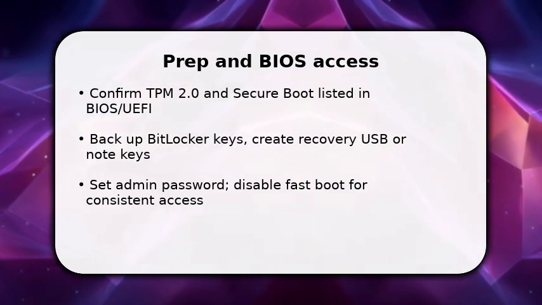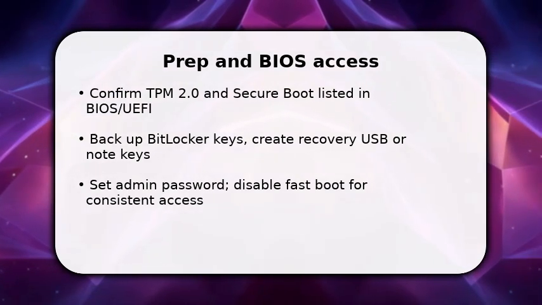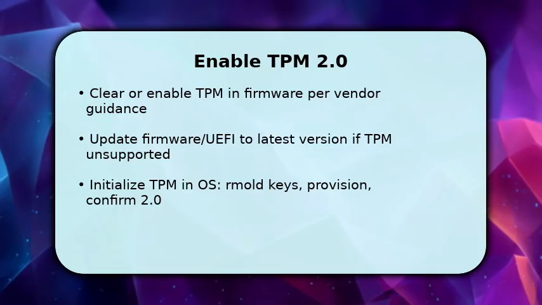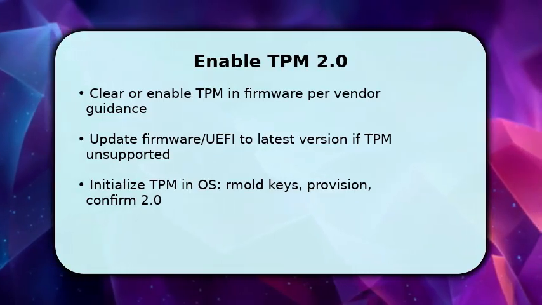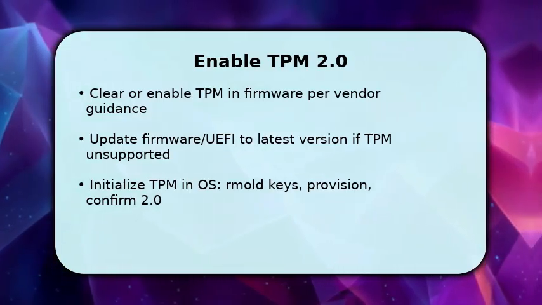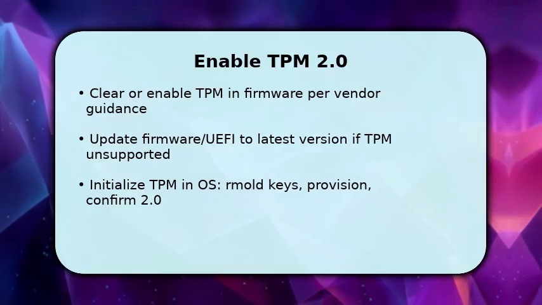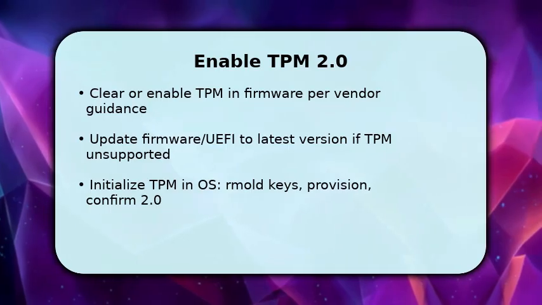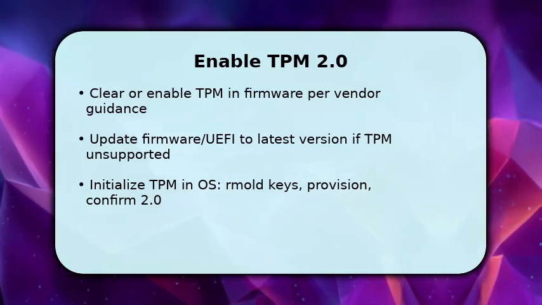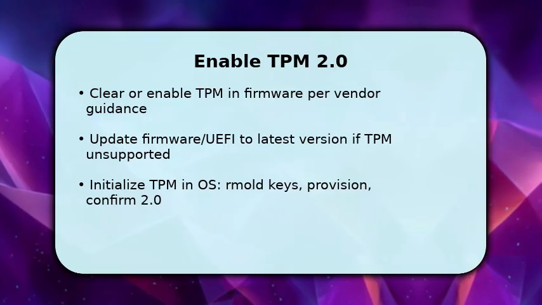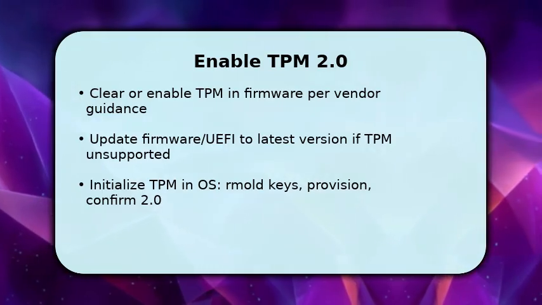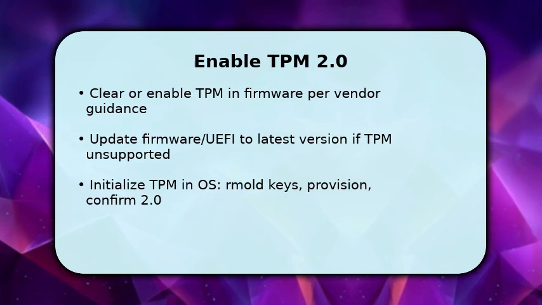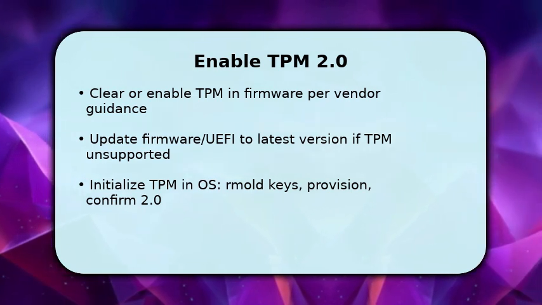You proceed to enable and provision TPM 2.0. In UEFI, toggle TPM from disabled to enabled or change mode from legacy to TPM 2.0 per vendor notes. Clear it only if you've backed up keys. If TPM options are missing, update the motherboard or system firmware and reboot again. Once firmware shows TPM 2.0, boot the OS and run the platform management tool to provision the TPM and remove stale keys. This step lets the operating system